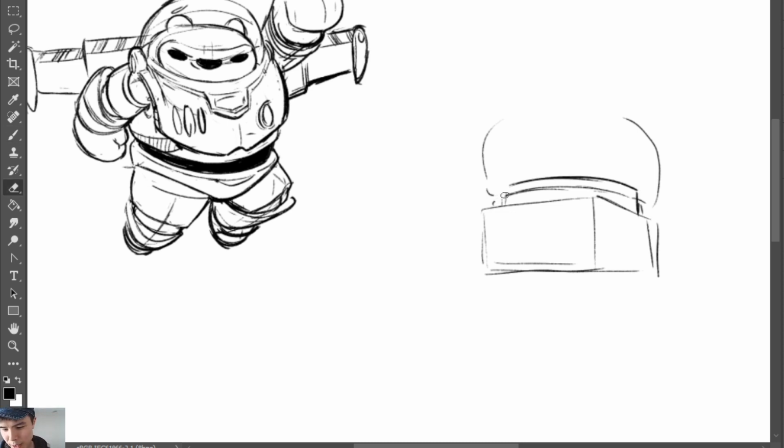Let's get the pedestal a little bit higher so that I can get more of a panda head like so.